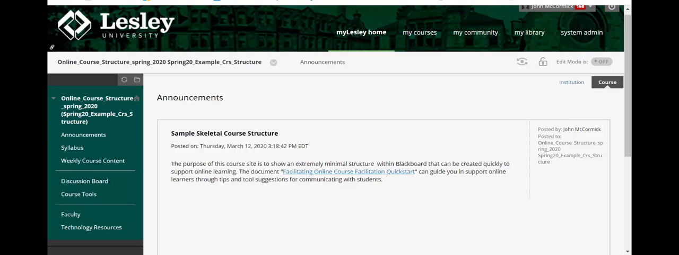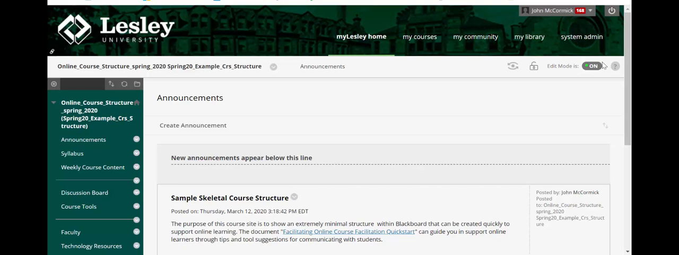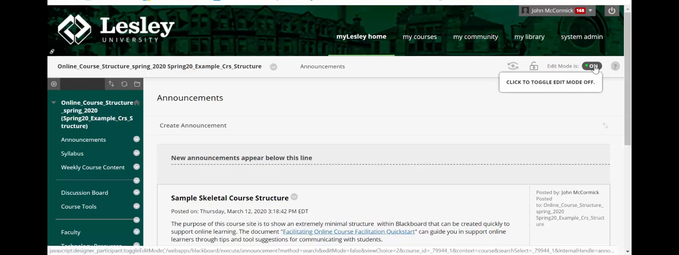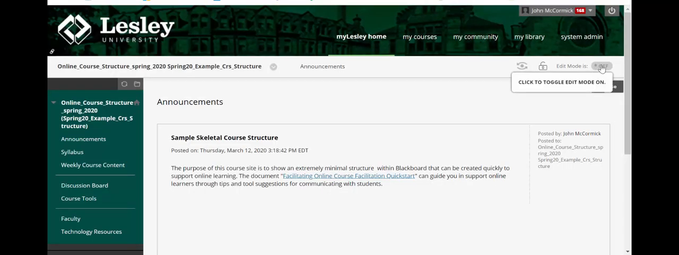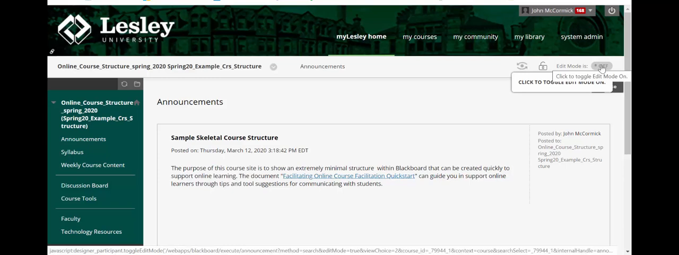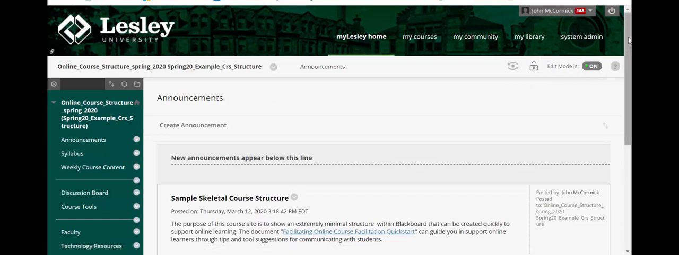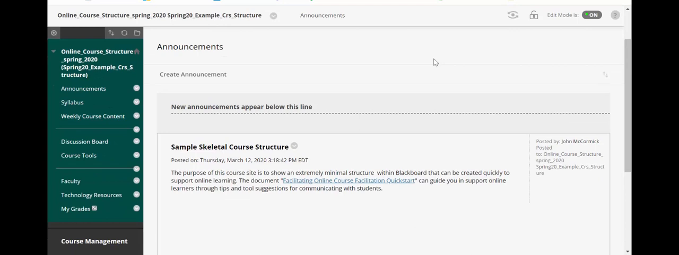So first, I'm just going to mention the menu on the left has some areas we'll look at: announcements, syllabus, weekly course content. We might touch on these areas a little bit. Also over on the right is where you can toggle edit mode on, so you can add and edit this environment, and off so you can see what it looks like, maybe more just for students. So I'm going to put that on, and I'm going to skip the announcements page and go to the weekly